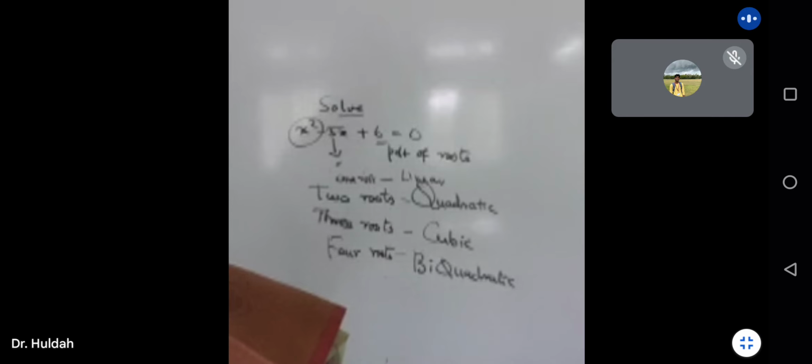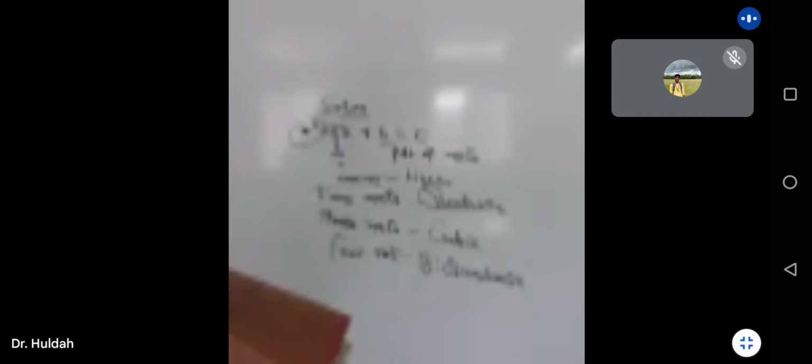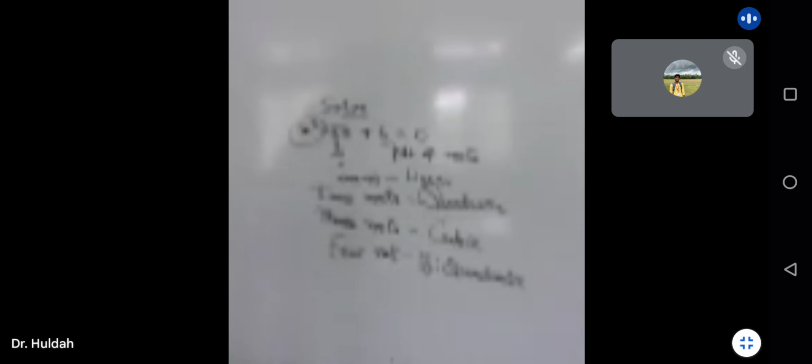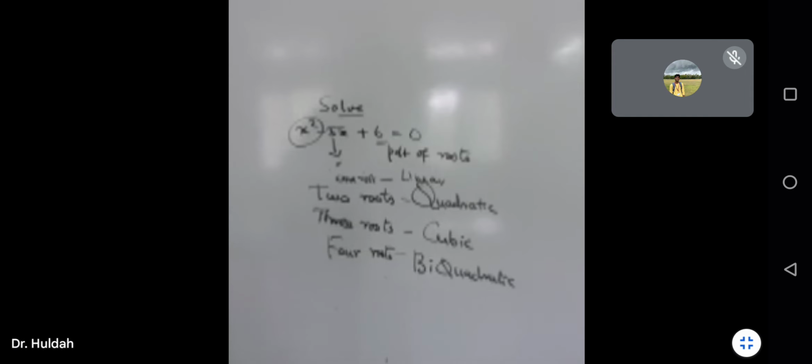So degree 5, polynomial of degree 5. Polynomial of degree 8. When you are more specific, that represents that equation. So polynomial is a general name. When you specify the degree, it tells you more about the equation. Otherwise, for these four, no problem at all. Just mention these names, that's understood: linear, quadratic, cubic, biquadratic. Am I clear, children?